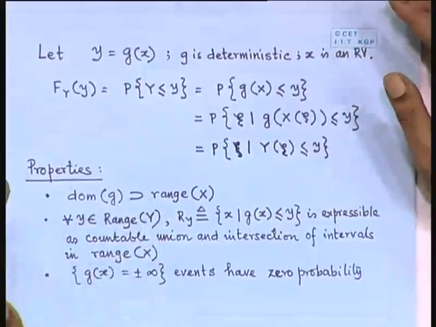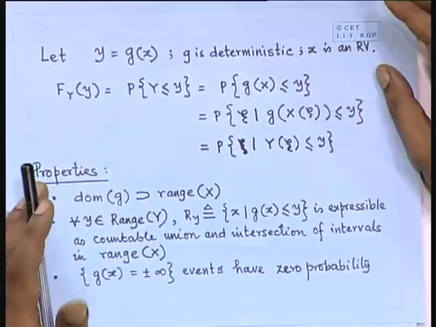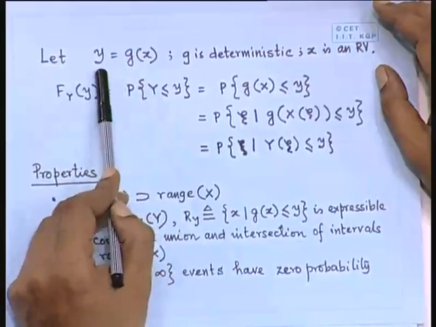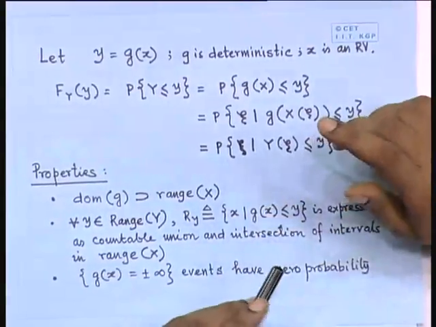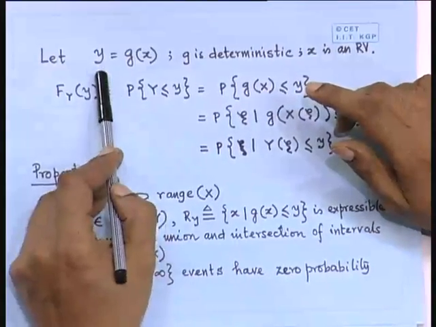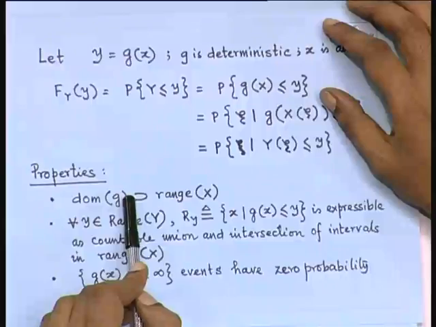And there are certain properties that this function g should satisfy. Otherwise, if you just take any function g, then it will not give you a standard variable y, right. For example, suppose you take g as the root function, then the root of a negative quantity is not a real. So corresponding to all negative values of x, you will not get a y. Now the point is that those negative values of x may have some probability associated with them. So then all the probabilities of y will not add to 1. There will be some probabilities which will be left unexplained, right. So you need that the domain of this function must include the range of x,